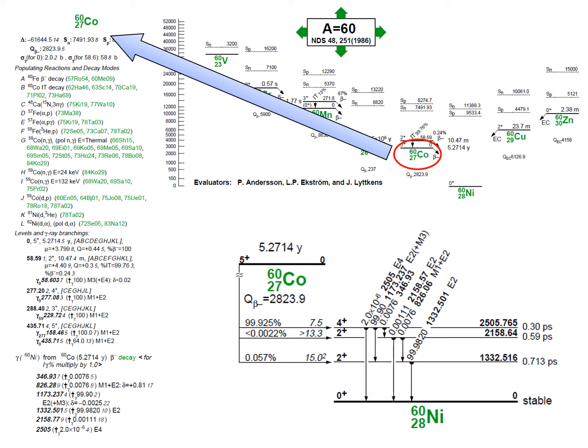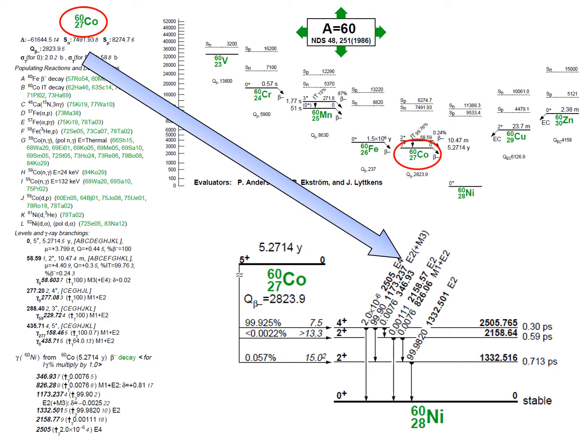If I clicked on this value here, it would bring me to here. And this is my decay scheme. And this shows how cobalt-60 with a 5.2714 year half-life, a spin and parity of 5+, decays to nickel. And as we see, 99.925% of the time it decays to this excited state of nickel. And then that excited state, 99.9% decays to this state, and then 99.98% of the time it decays down to